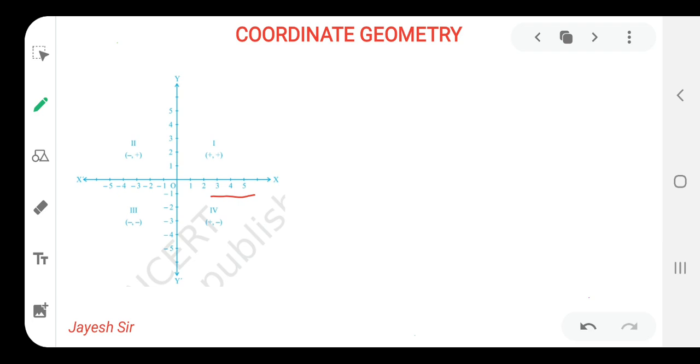Positive numbers are written on the x-axis, and positive numbers are also written on the y-axis. This is the graph that we draw in the bar graph. This was the point O, this was the x-axis, and this was the y-axis. The same thing is there. I hope you all are getting it, friends, so this must be clear to all of you.